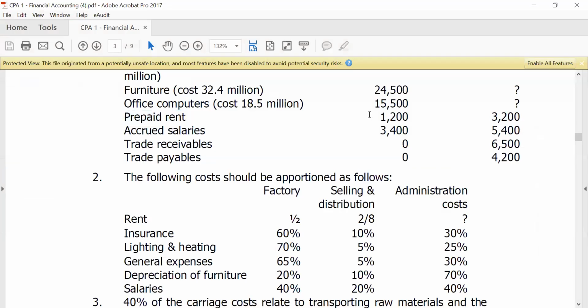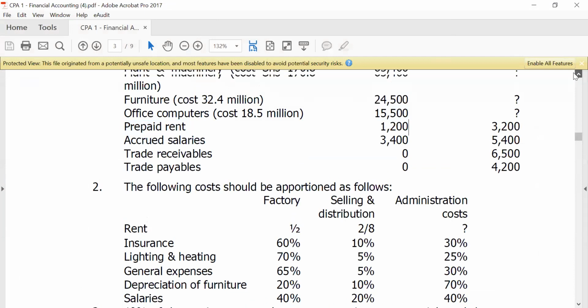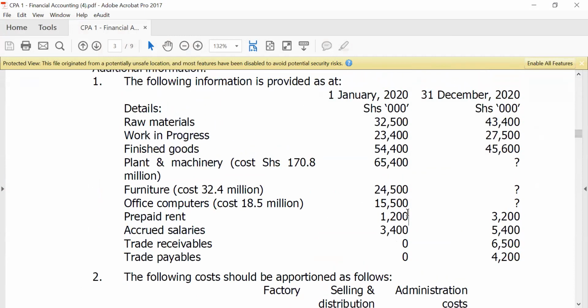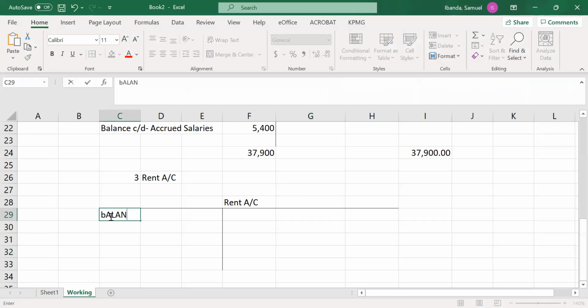So these are my balances, prepaid rent. Now, prepaid rent is different from accrued. Prepaid, in this case, you paid in advance. So in this case, it is an asset. So my balance brought down on 1st January 2020 will actually be on the debit side, it's an asset. So I'll come here and say, balance brought down for prepaid